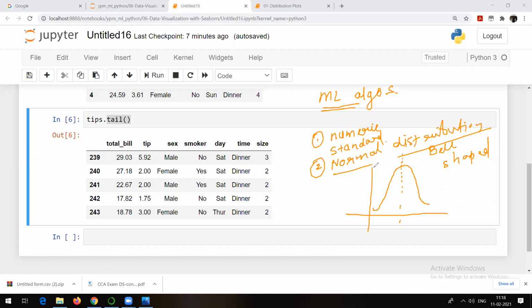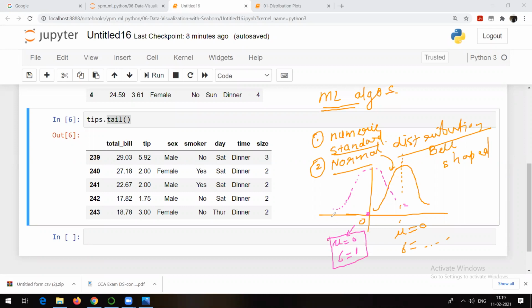The difference between normal distribution and standard normal distribution is that in the case of normal distribution, your mu is not necessarily zero, that is the mean can be anything, and the standard deviation can also be anything. This is normal distribution, right? But in the case of standard normal distribution, what happens? Always remember, a standard normal distribution is always centered around zero. That's the only difference. So standard normal distribution also has a bell-shaped curve, but it is always centered around zero, where mu is equal to zero and standard deviation is always 1.